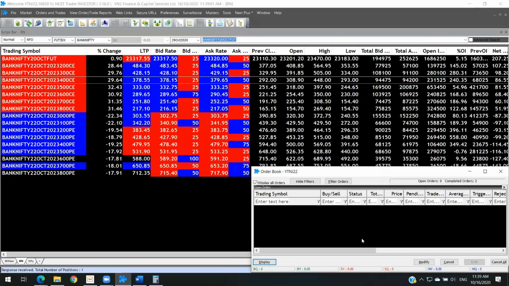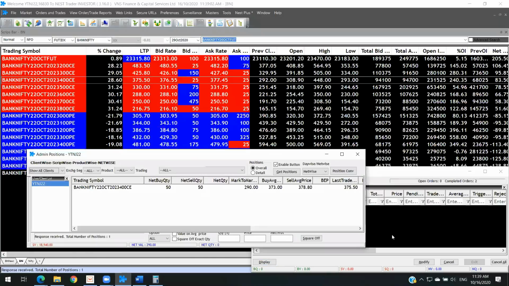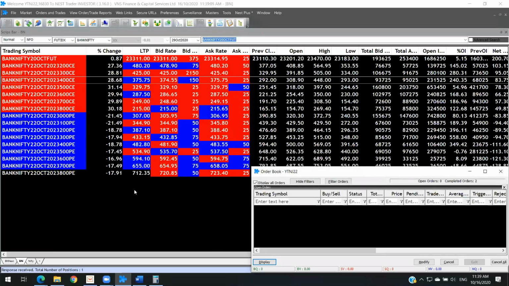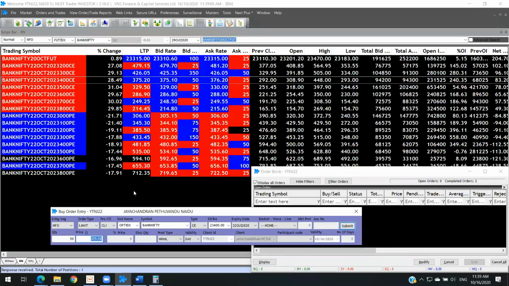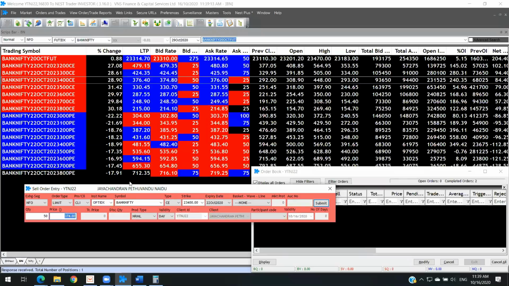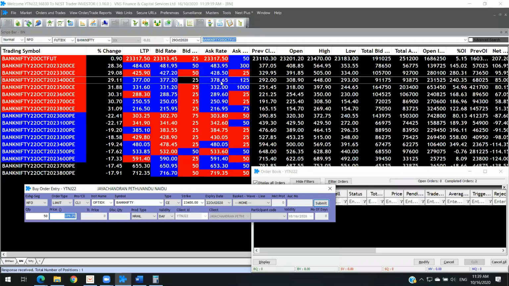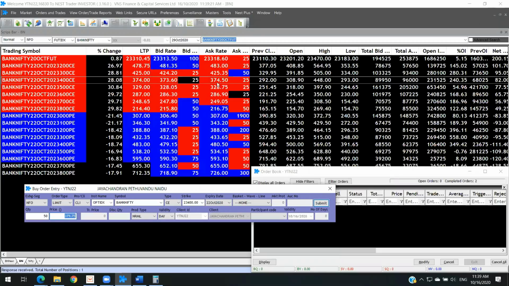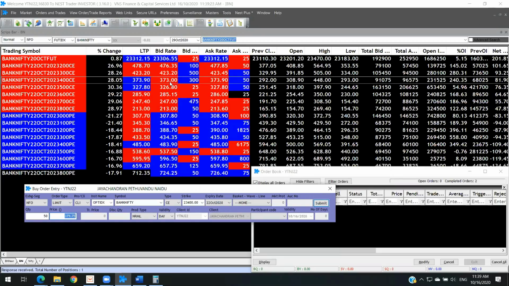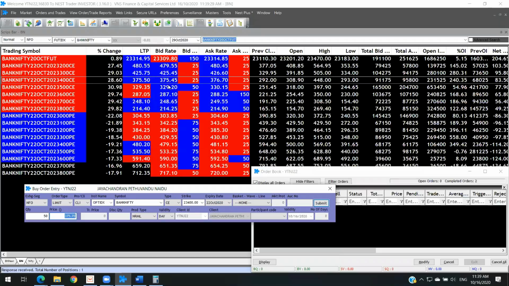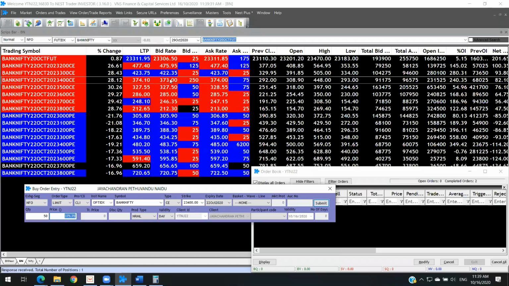As of now it is looking simple, right? The first window we saw how to place an order. Similarly, the sell order also, you will keep it like this. You can press F2, it will go to the sell order. If you're pressing F1, it will show you the buy order. Buy order will always show you the ask rate. Sell order will show you the bid rate, because that is where you are going to get a decent price without even bargaining anything.